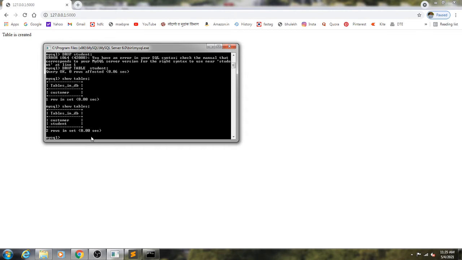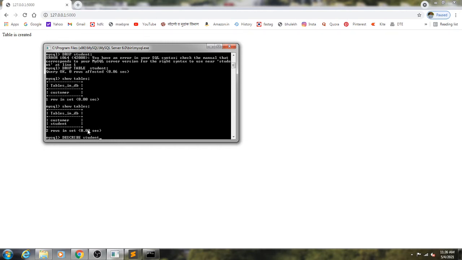Okay, so when we execute this Flask script, what type of query is there? We are going to create a table in MySQL by using the database DB. When we execute that and see it in MySQL, it is executed. So we have a new table, that is student. See what type of attributes are there. Use the command describe student.